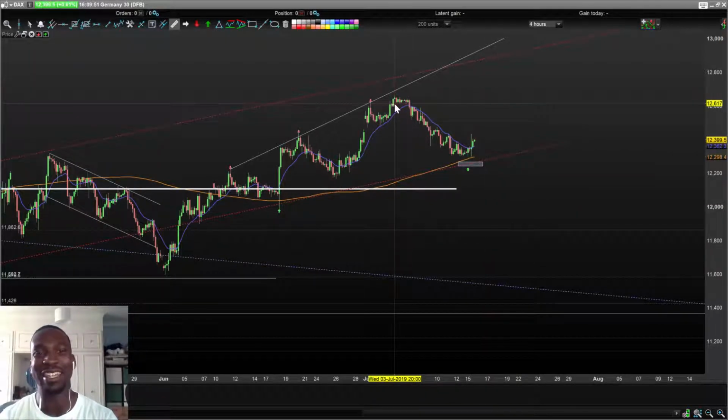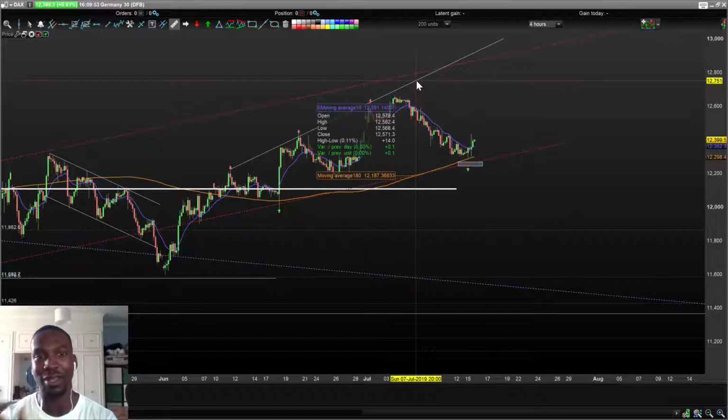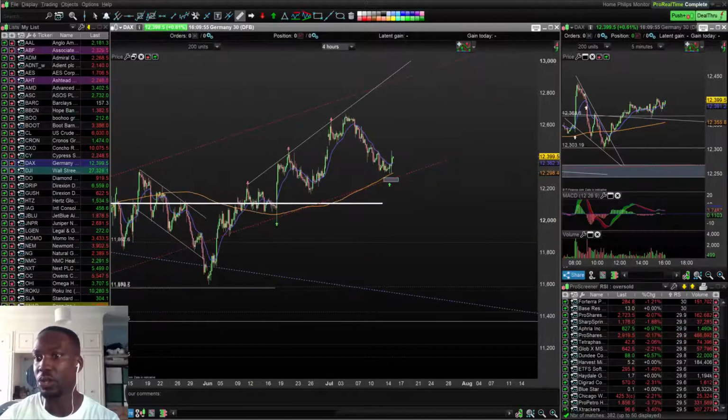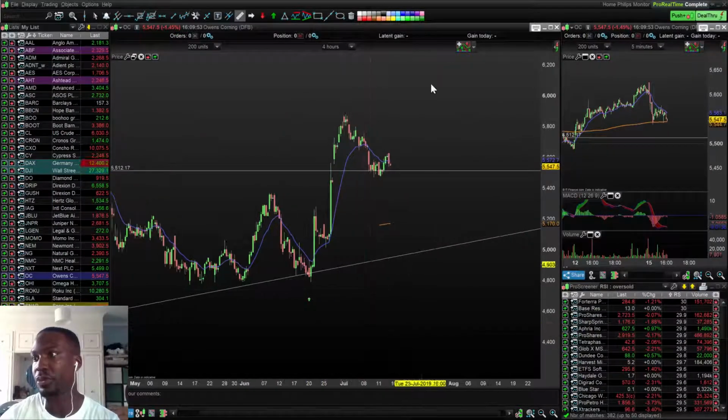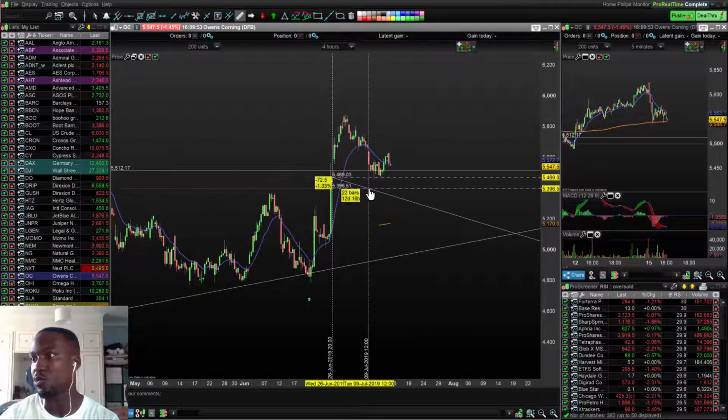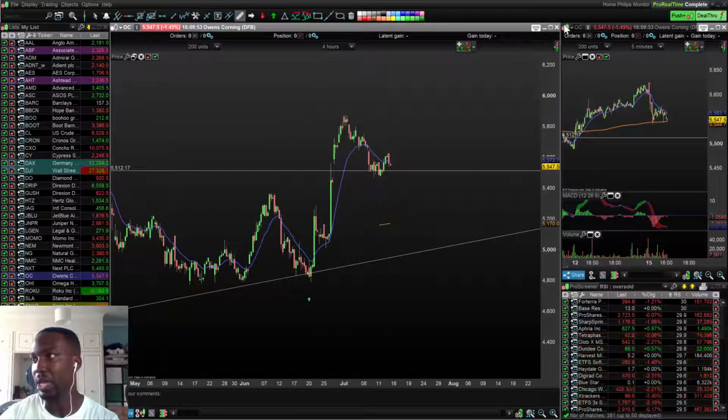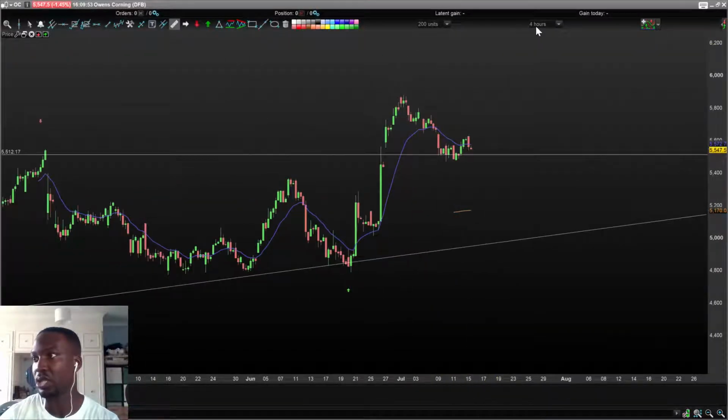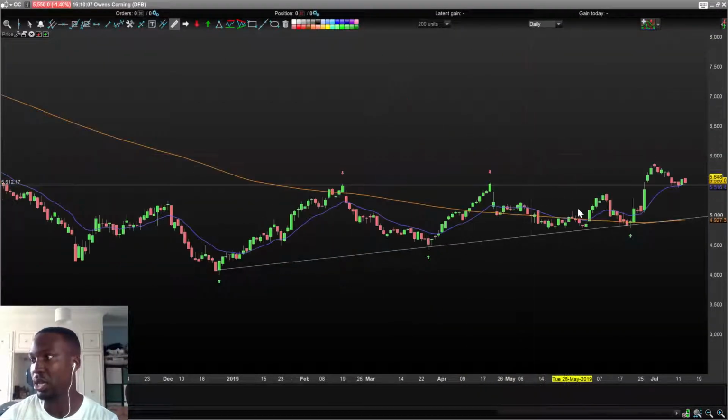So that's me and wait, actually, what am I talking about? I'm not over yet. I haven't even done my US stocks. US stocks, OC. As it stands on the 4-hour chart, OC looks like I would want to take a long position here, because